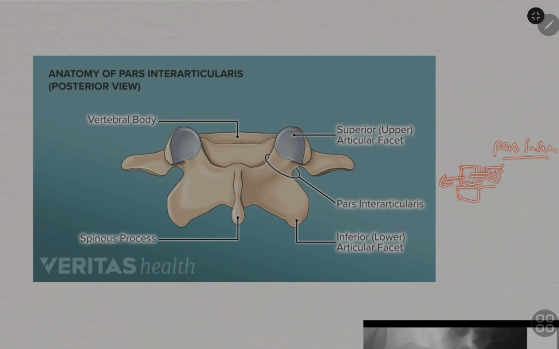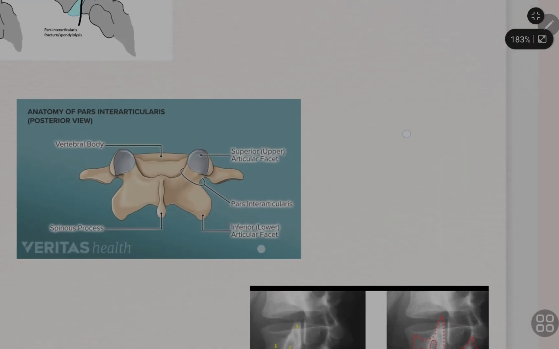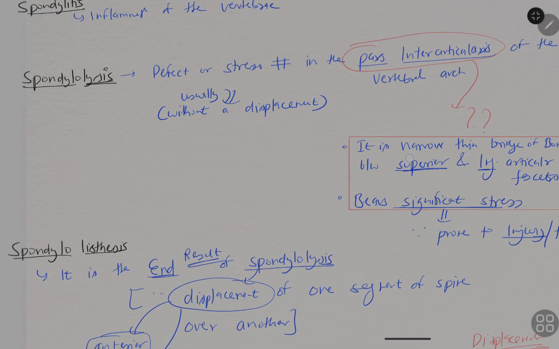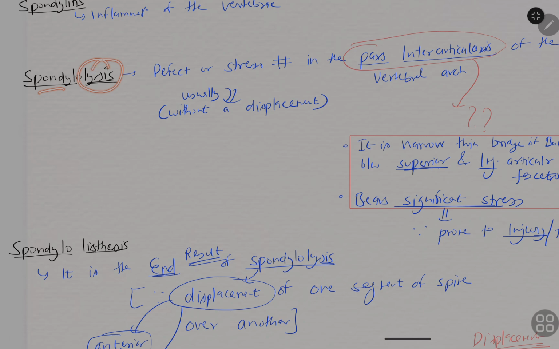So there will be more stress on the pars interarticularis to prevent this forward displacement of the vertebra. When the patient does this repetitively, like you see in gymnasts, they do it more often. So as compared to hyperflexion injury, it is more common in hyperextension injury. Understand? So once this happens, there will be a fracture over it,